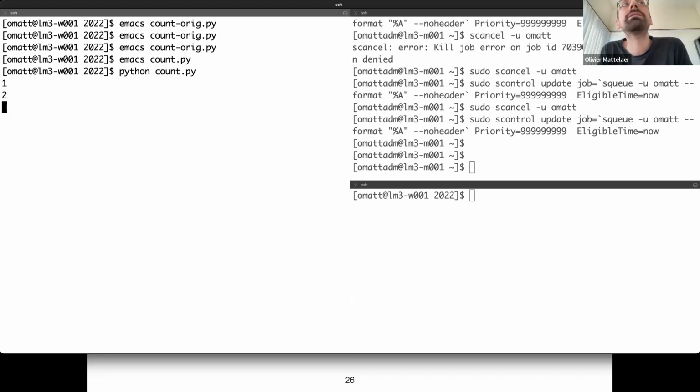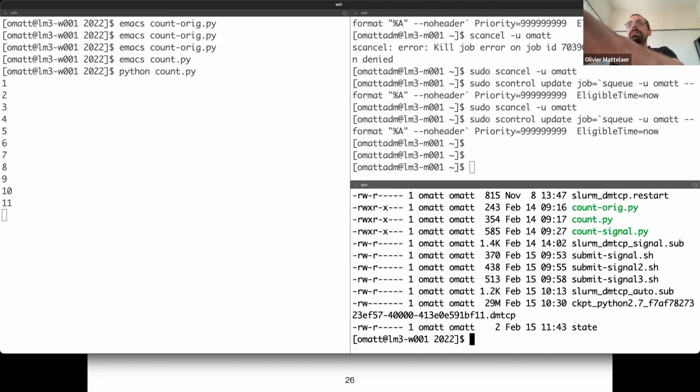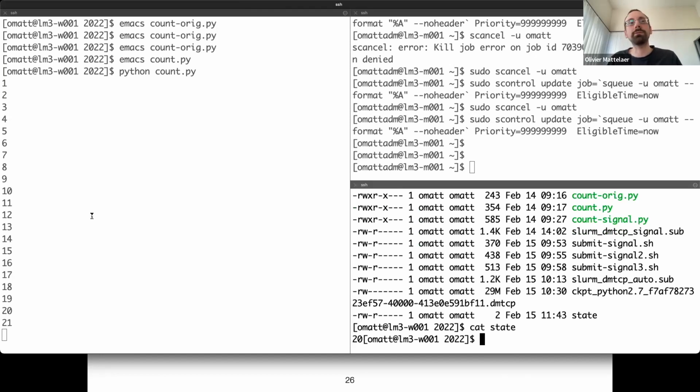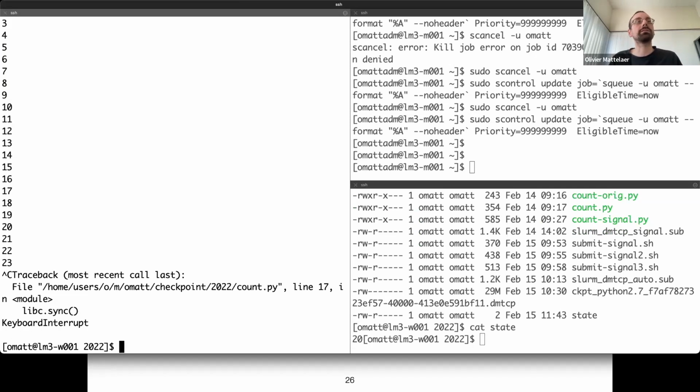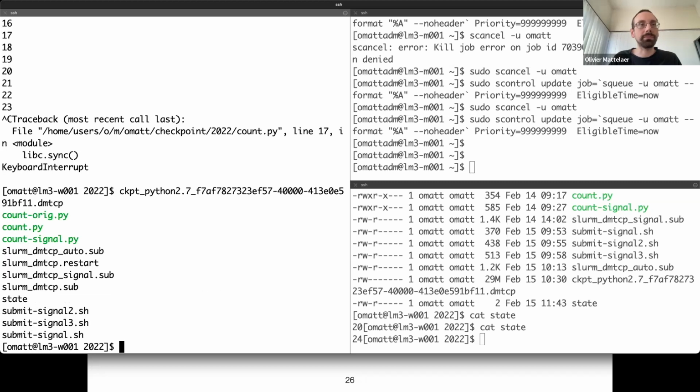I'll run the program, as I said. Now at each iteration, if I'm doing an ls here, you will see that the state file is updating in real time. And then if I'm doing a cat of it, we'll see that currently it's at 20, which is the correct number. Now if I'm doing Control C, I'm killing the job, and my file will indeed show 24. And then if I'm restarting my program,